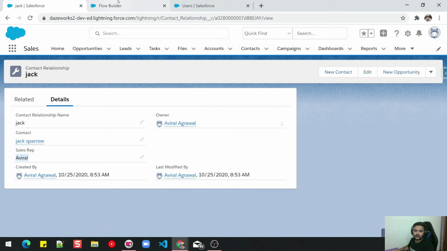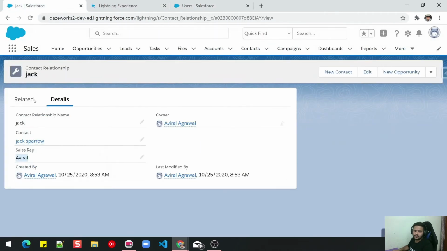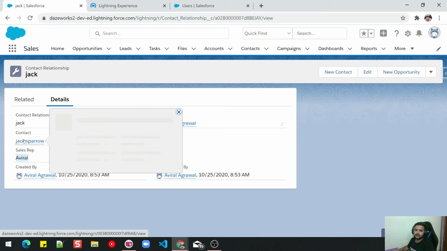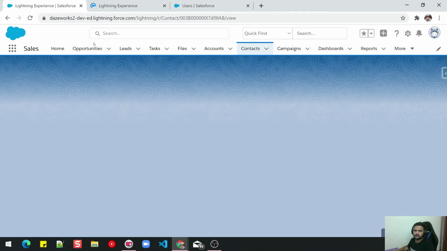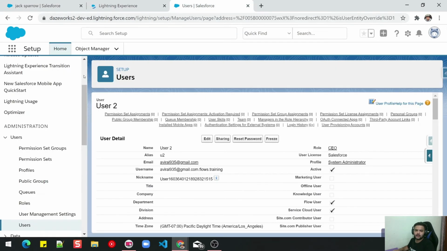So let's see one more scenario in which whenever the contact owner is changed, this sales rep will be updated accordingly. So what I'll do, I'll create one more flow here, and we will see that whenever my contact's owner is changed to something else, then it will trigger this flow. Because there are some limitations to triggered flows, we don't have as of now is changed and prior value, you cannot do both the things as of now.